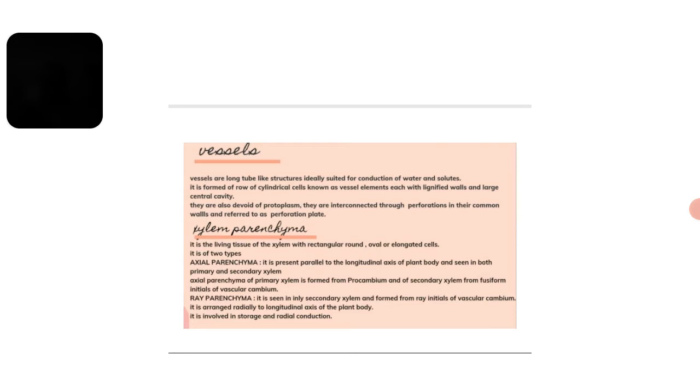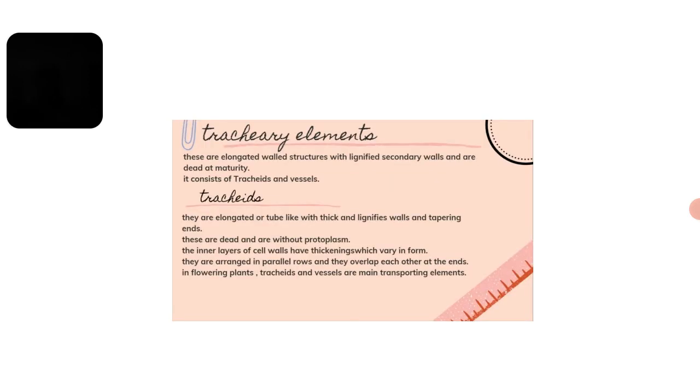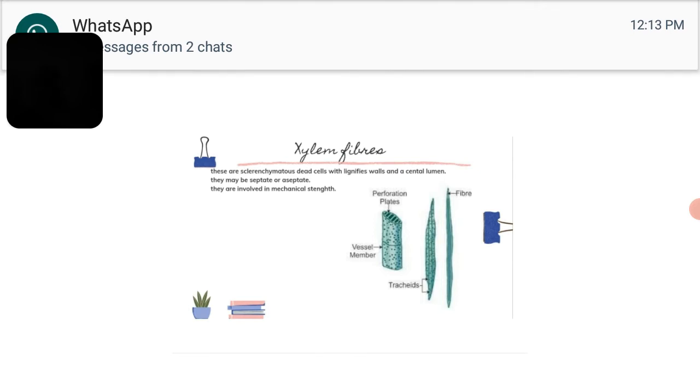The parenchyma of secondary xylem is of two types. Wood ray parenchyma arises from the fusiform initials of cambium. It is of two types, that is the paratracheal parenchyma and apotracheal parenchyma. Okay, it contains the paratracheal and apotracheal parenchyma. Now next is the tracheary elements. Okay, these are also called the tracheary elements. I already explained, that is about the vessels.